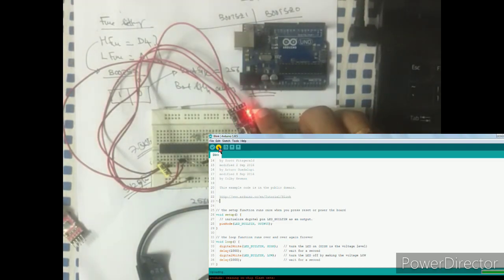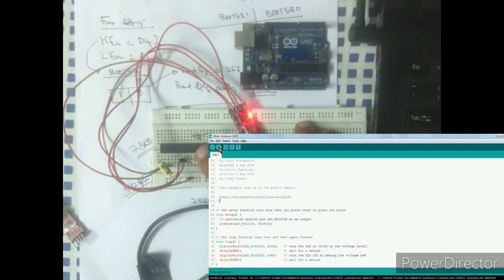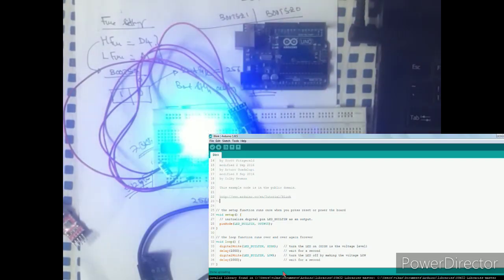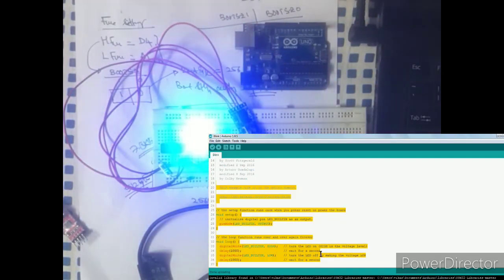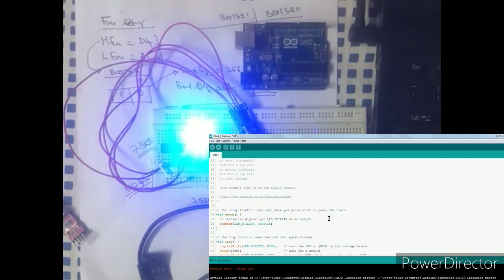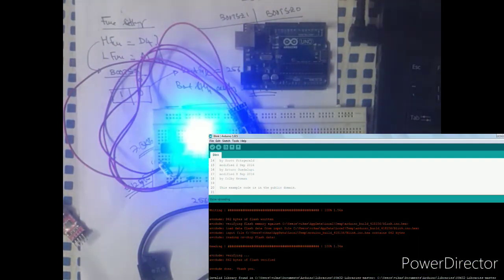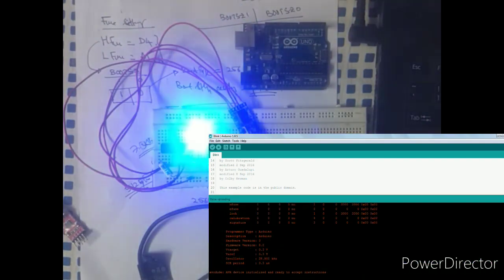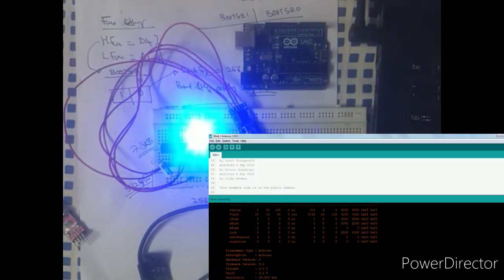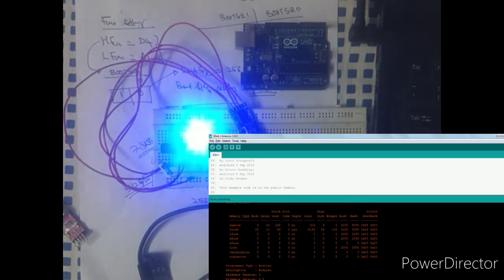You can see the LED status, and now it is blinking at 1 second: 1 second on, 1 second off. So the code has been successfully uploaded. This is how we can program using the USB to serial converter.